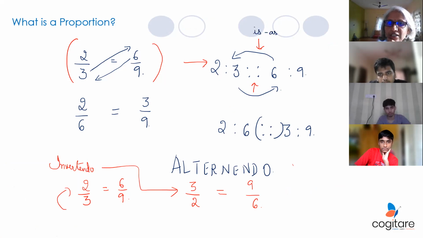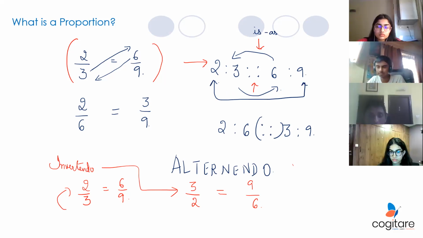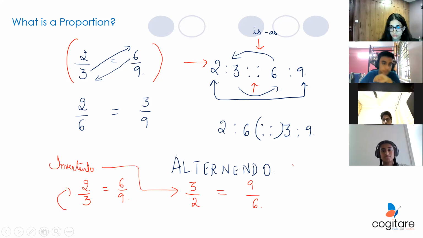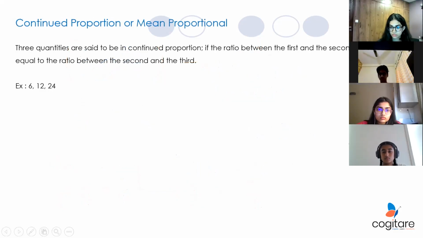Now, 2:3 is a way you write. You all know this. 6:9. And what is this called? What are the arrows that I've put? What is this rule called? Product of means is equal to product of extremes. Right, guys? Yes, ma'am. All this you know. Okay, let's move on.